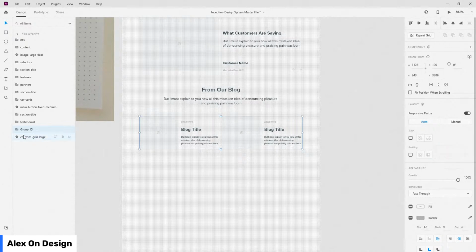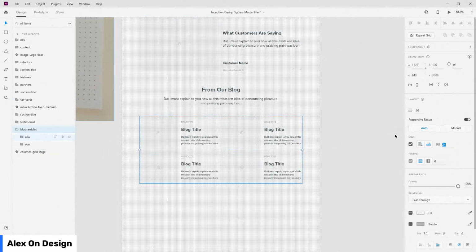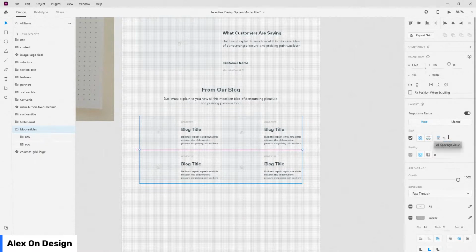Put this in a group. Blog articles. Like so. Put this as a stack, but this vertical stack instead of a horizontal one. Duplicate another row. There we go. And now same distance as we did for the row and all of these other ones, 24,